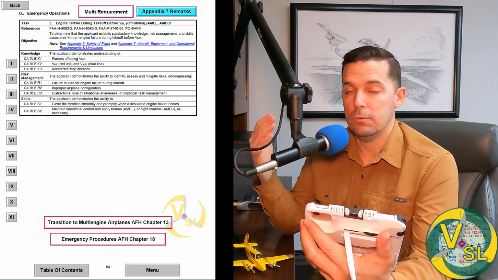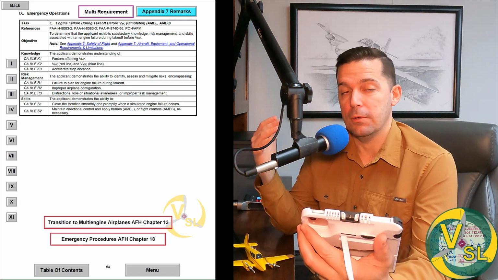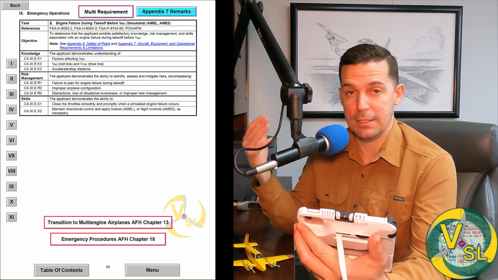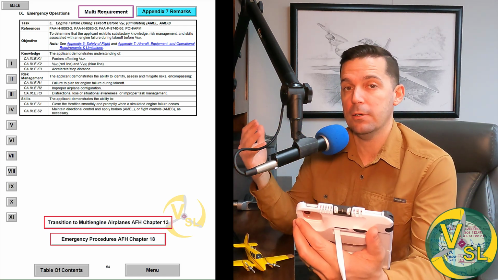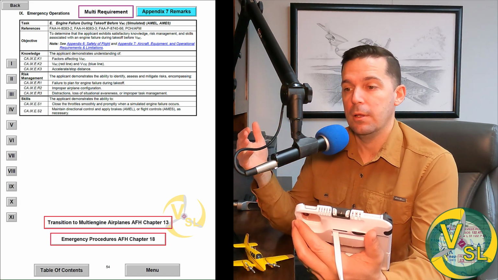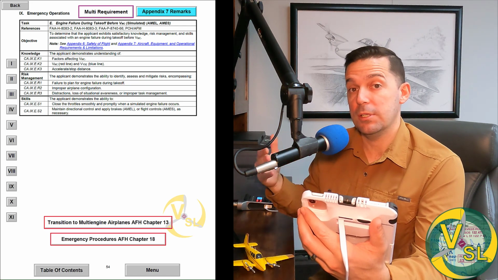So half of that, we'll just round down and call it 40 miles an hour. So I would expect any engine failures, and as an examiner, I would present any engine failures on the runway prior to reaching 40 miles an hour. After we reach 40 miles an hour, we need to put ourselves in this protected zone where we're not going